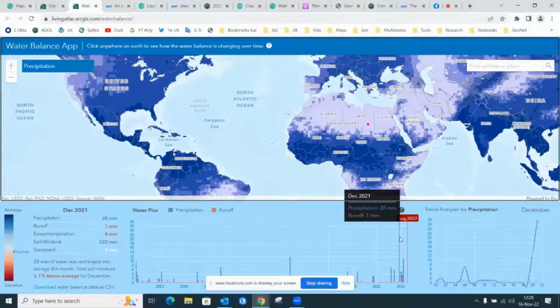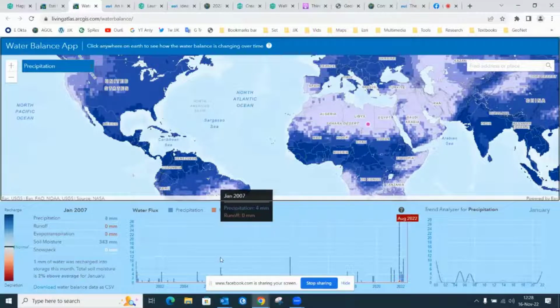Maybe it was last December, where it was 28 millimeters. That's still not very much, right? That's less than 3 centimeters. That's like this. So not very much, but that was significantly more than it had in the last 20 years